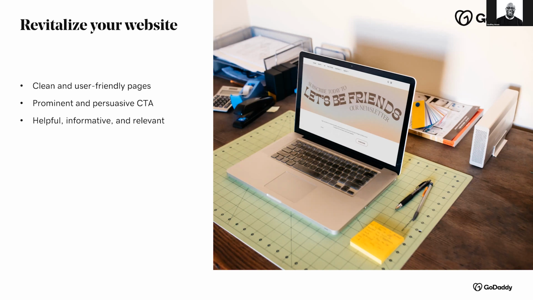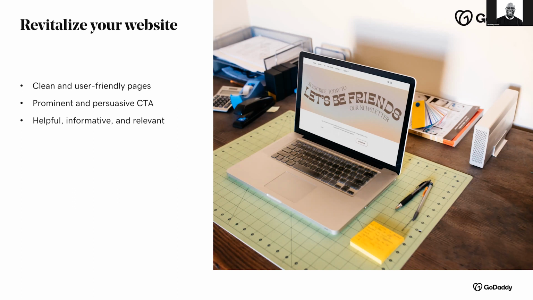Number two, include a prominent and persuasive CTA. Here's that acronym again. While this may seem simple on a landing page, you still need to focus on that conversion point, i.e. that book now, call us, reserve here, add to cart, two or three quick messages, just like we discussed for email. And your site should also really be helpful and informative and relevant to the search terms or phrases that your customers are looking for.